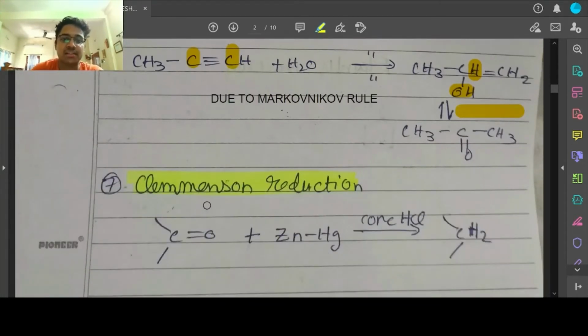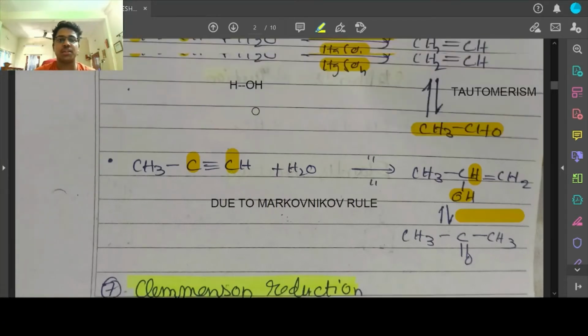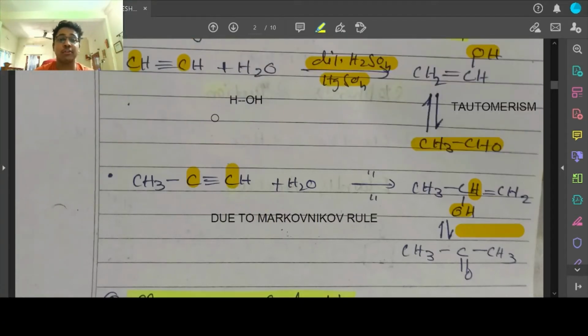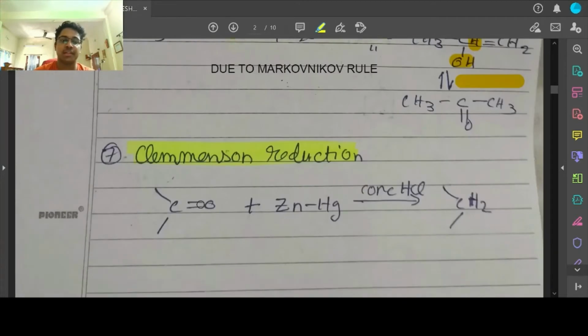Now comes Clemmensen reduction. Earlier we learned the Rosenmund reduction. Now we'll learn Clemmensen reduction. This uses dilute H2SO4 and dilute HgSO4. Clemmensen reduction is that C double bond O